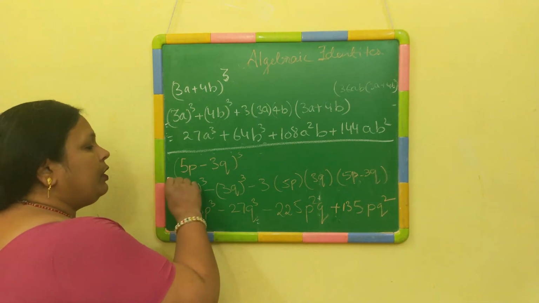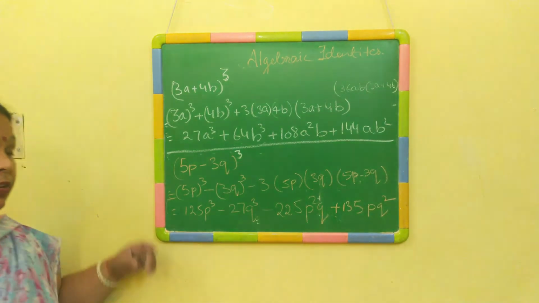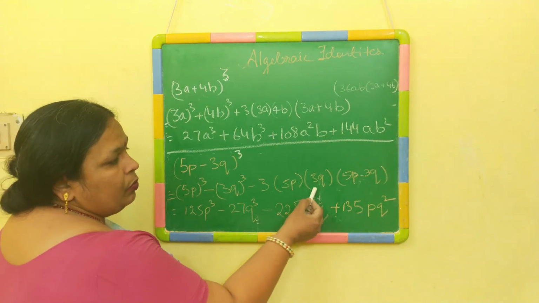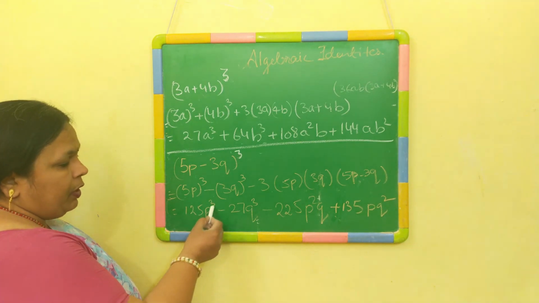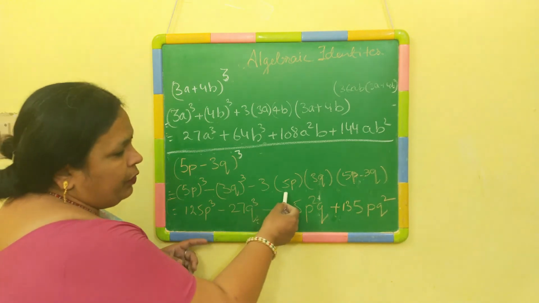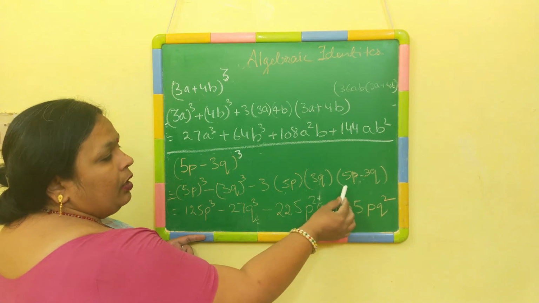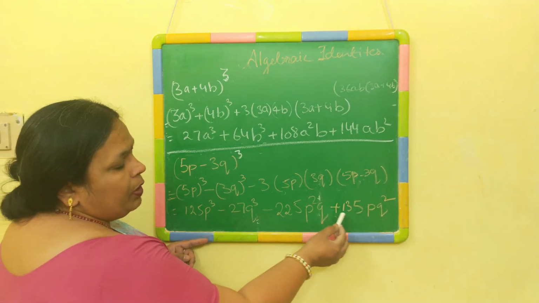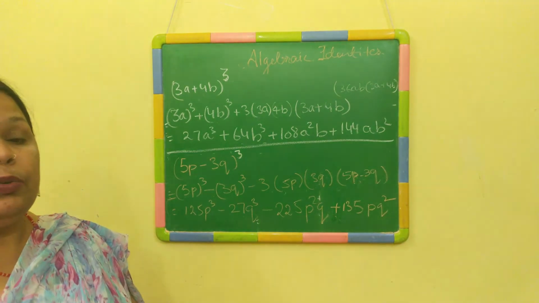Similarly, when we check for the example of (5p - 3q) whole cube, now when we are checking for this, a cube minus b cube minus 3 into ab into (a - b). (5p) cube is 125p cube, minus (3q) cube is 27q cube, minus 3 into 5 is 15, 15 3s are 45, and that multiplied by (5p - 3q) is 225p square q plus 135pq square. Similarly, we can find the values for